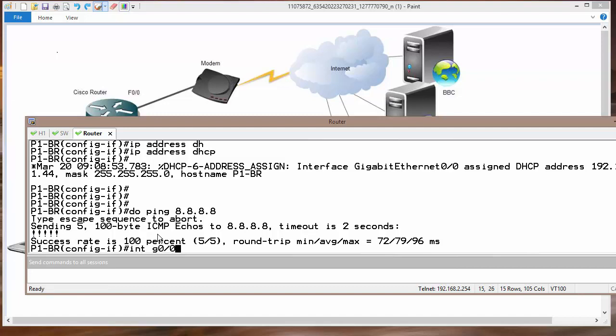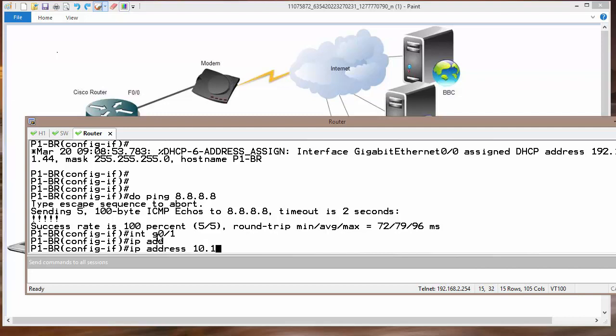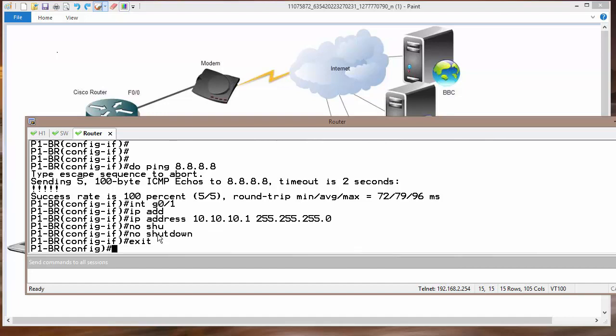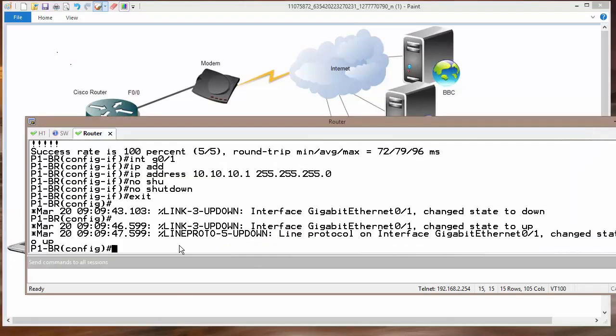Inside the LAN, on gig 0/1, we need to decide on an IP address. In my case, I'm going to use 10.10.10.1 with mask 255.255.255.0, no shutdown. In order to get IP addresses or TCP/IP settings automatically, I'm also going to enable this router to work as a DHCP server.